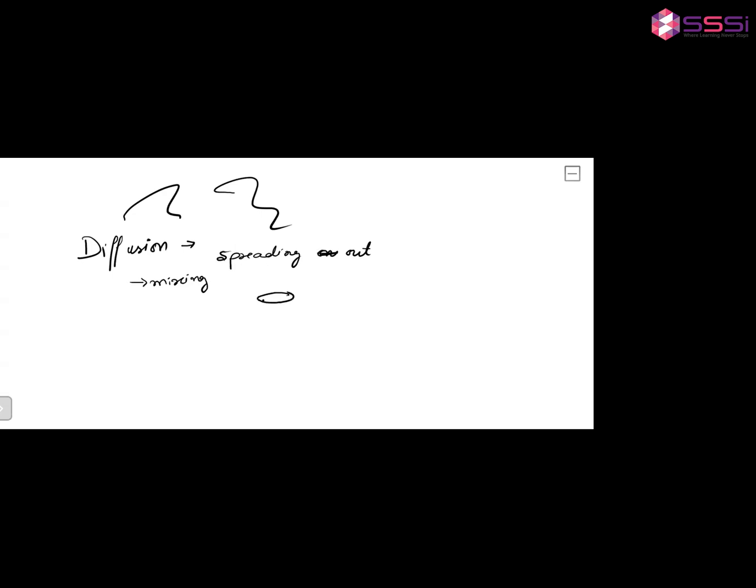The smell of the food. This is your kitchen, this is your drawing room. So that smell diffuses in the air. The particles spread out, right?